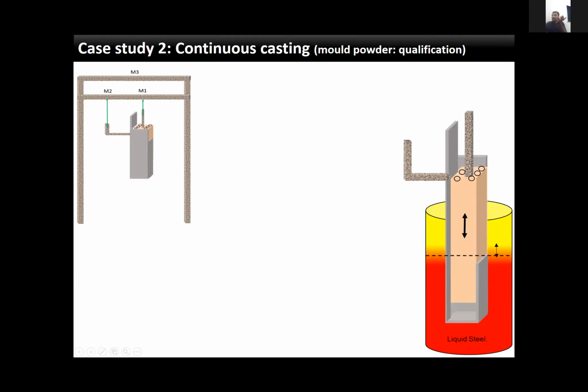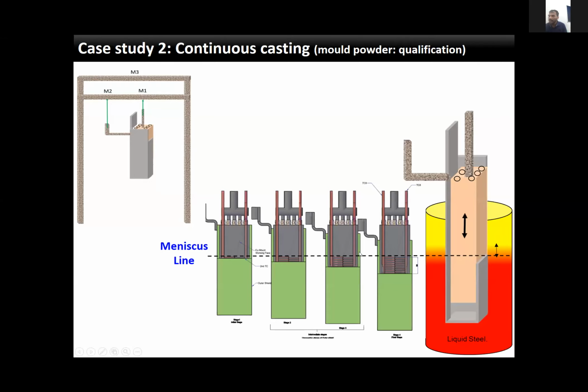Initially, the dummy bar will be placed and then the dummy bar will be pulled down. Okay, so that function is going to be done by this steel shell. That is where I told you this motor M2 will pull down this steel shell alone. This mold will be in oscillation always. Okay, when you are pulling down, basically the liquid steel will rise. The volume displacement will raise your liquid steel, and hence your meniscus level will also rise. If the meniscus level changes, then the casting simulation will not happen. So you have to maintain the meniscus level always with respect to the reference line in your mold.